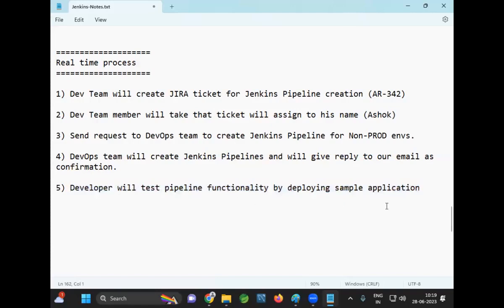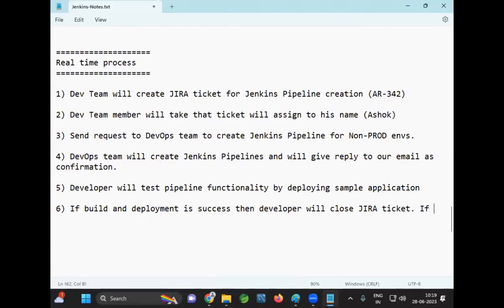If the build and deployment are successful through that pipeline, then the developer will close the JIRA ticket. If the build and deployment fail,